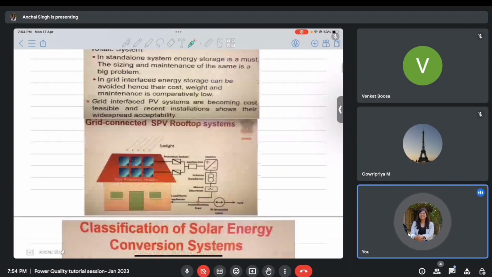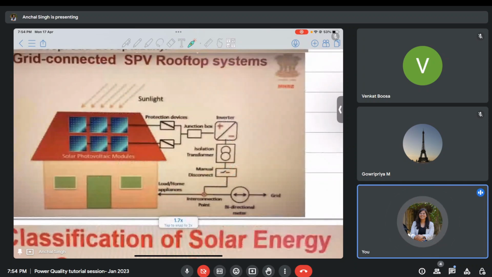This is an example of rooftop solar, where you are putting a rooftop solar panel on your terrace. You will have certain protection devices. There are protection diodes and all these things. Then there is a junction box. There will be a lot of panels, right? They will be connected in series, and then those series strings will be connected in parallel, and those overall strings will be brought to the junction box. At the junction box, we have a net DC output voltage, and then using this inverter, we will convert that DC into AC output.